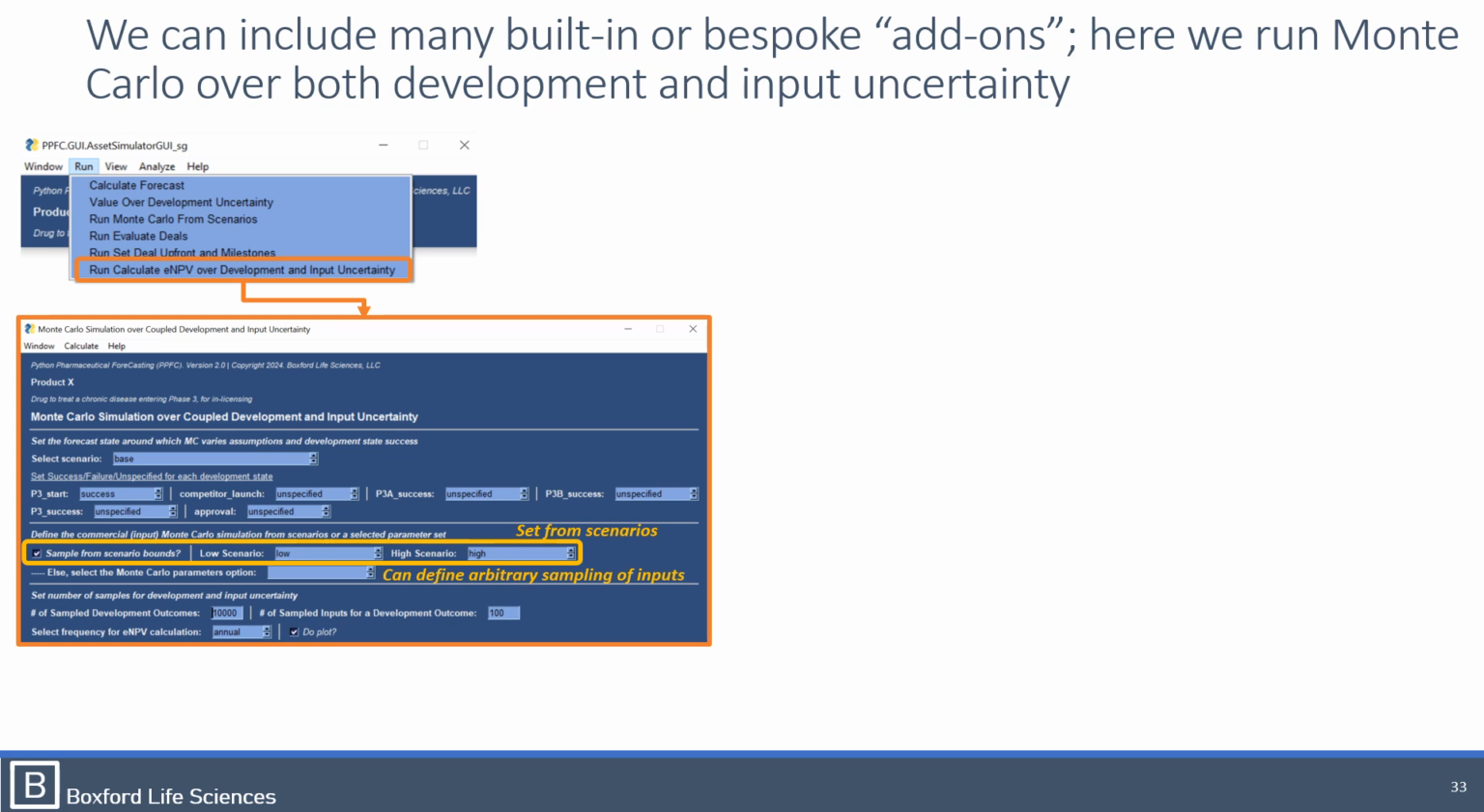creates it. Here we use another built-in version that we can decide to choose, which runs Monte Carlo simulation over both development and input uncertainty. And we do that by selecting under the Run menu, Run Calculate Expected Net Present Value over development and input uncertainty. That opens up another window where in this case we're going to start with the